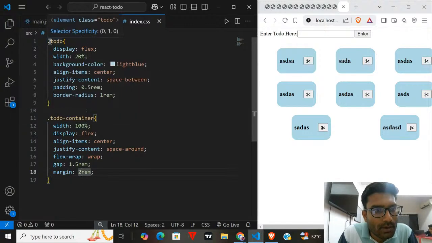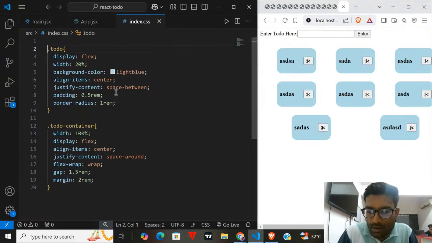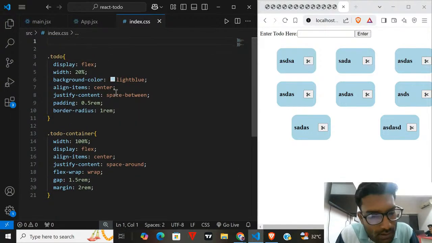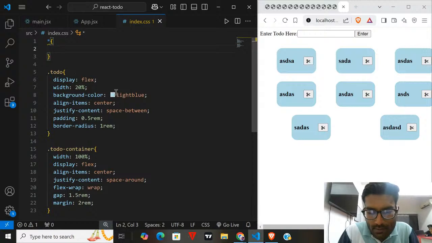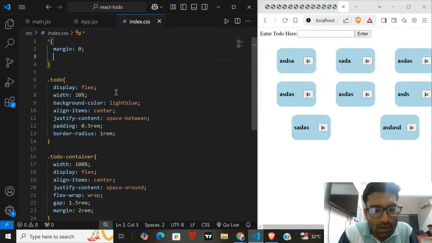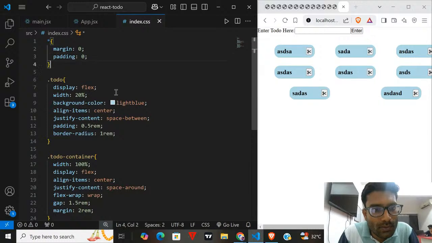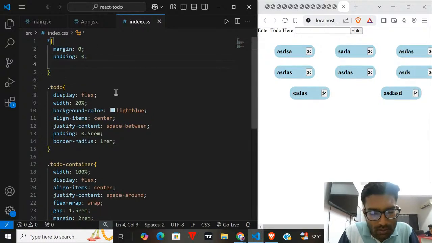I have to give box sizing. So I will target all the elements, so asterisk. And here we can give margin 0, padding 0, and box sizing will be border box, right?